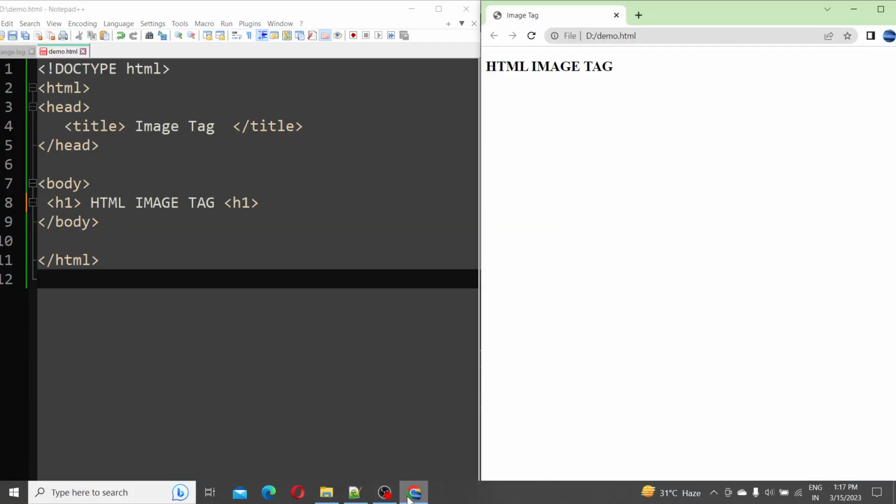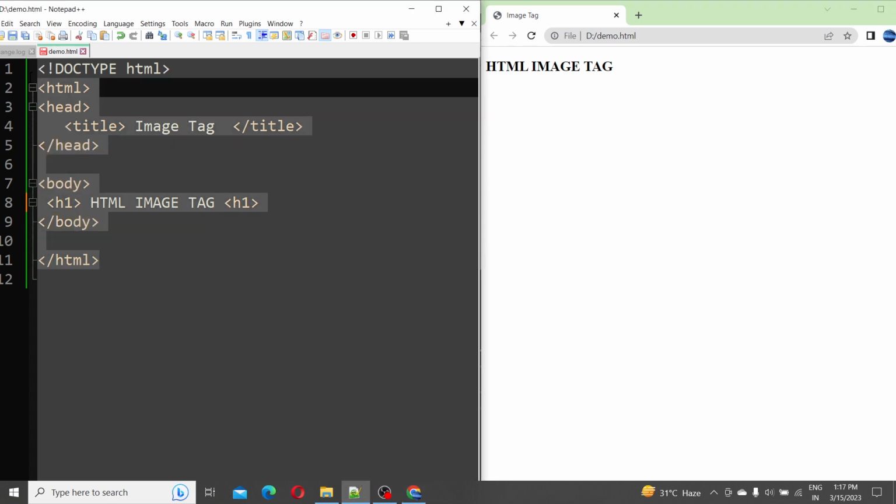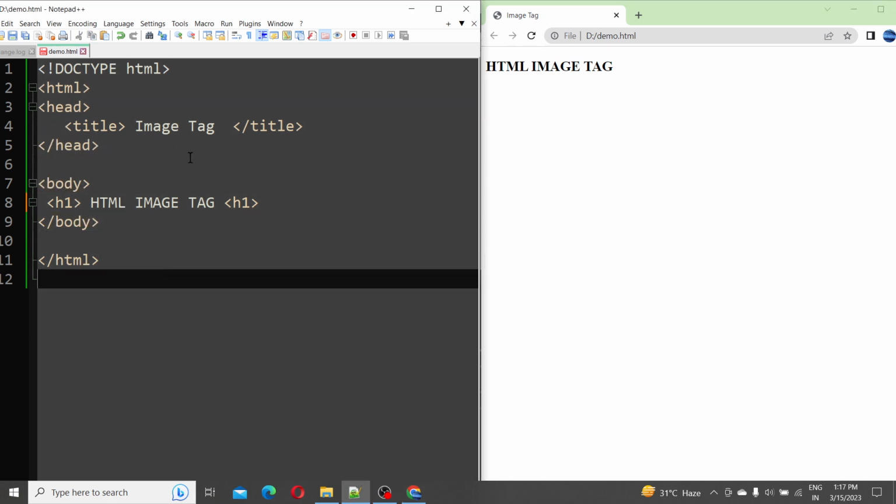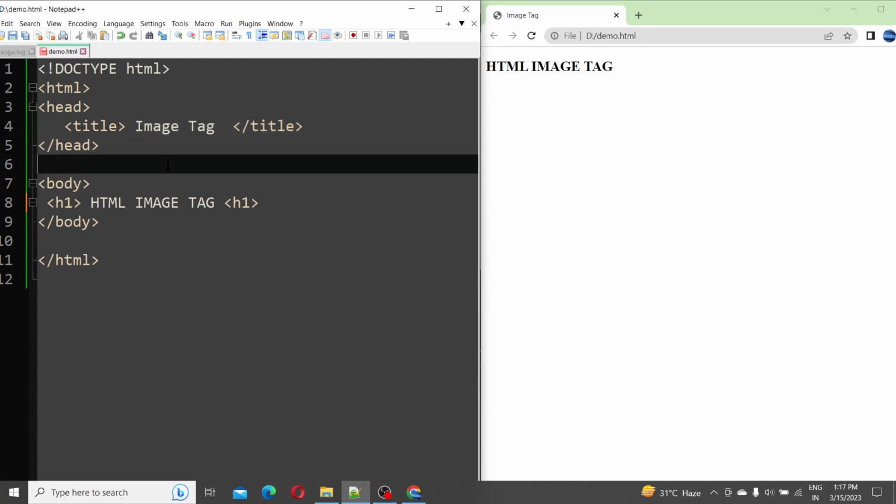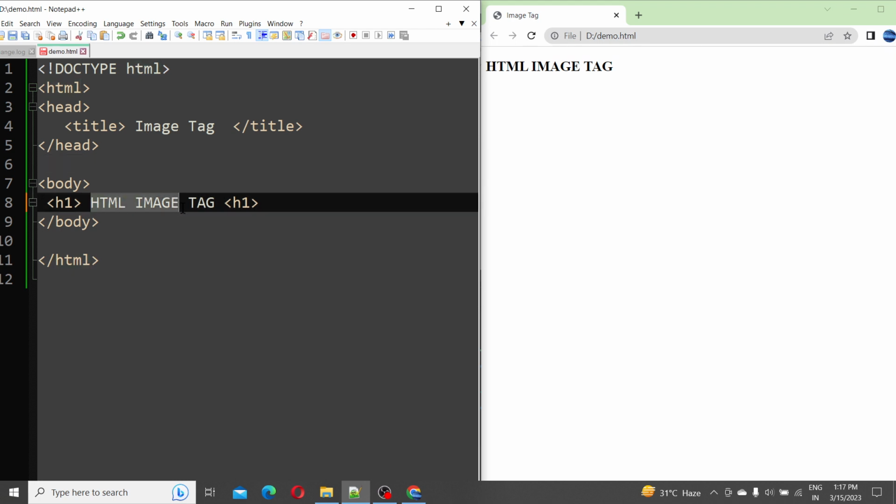Hello everyone, my name is Shikha Singh and in this video we are going to learn how to add images to your web page. As you can see, I have this basic structure of a web page. In this I have added the title as image tag, and I have added just one heading, that is HTML image tag. By this you can understand that we are going to use something